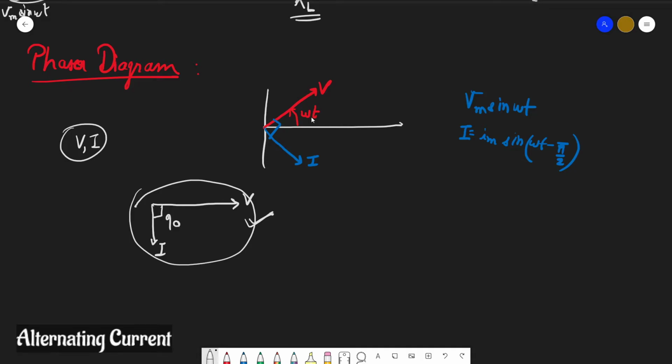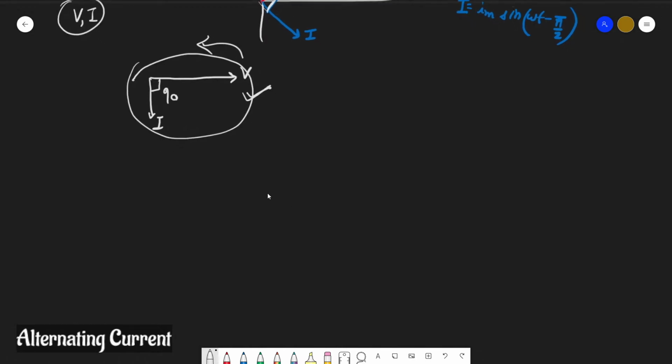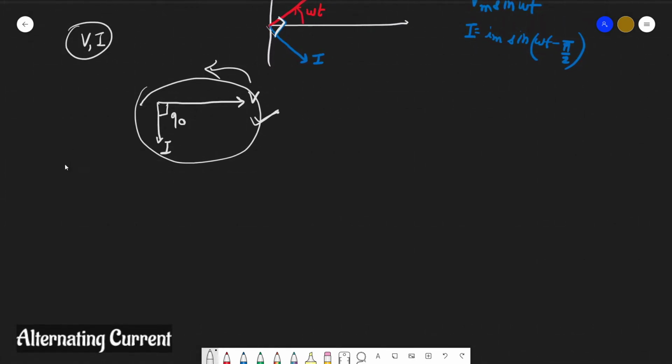Anyway, the purpose is that if you rotate this phasor diagram anticlockwise, always voltage will be ahead by 90 degrees of current, or current will be lagging with respect to voltage. So two conclusions you can write from here. One conclusion you can write from here is that